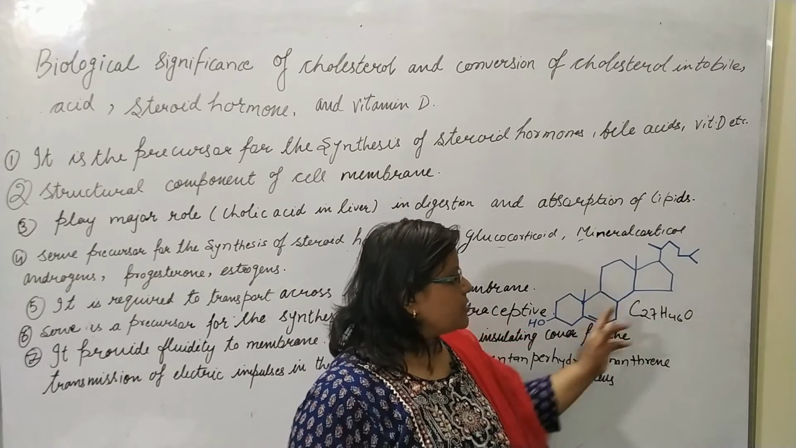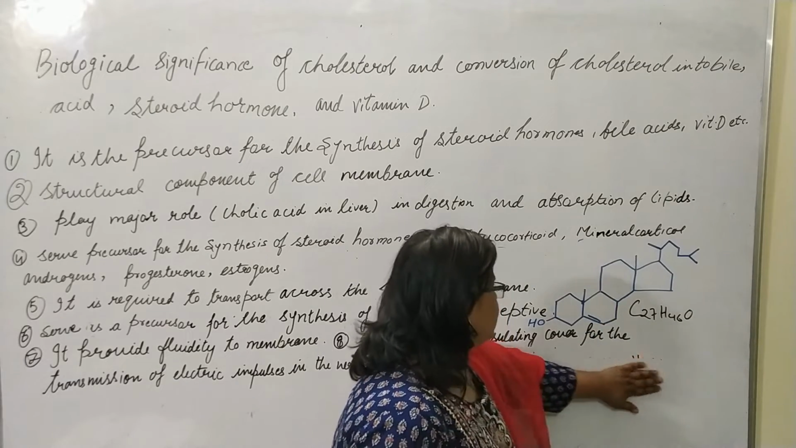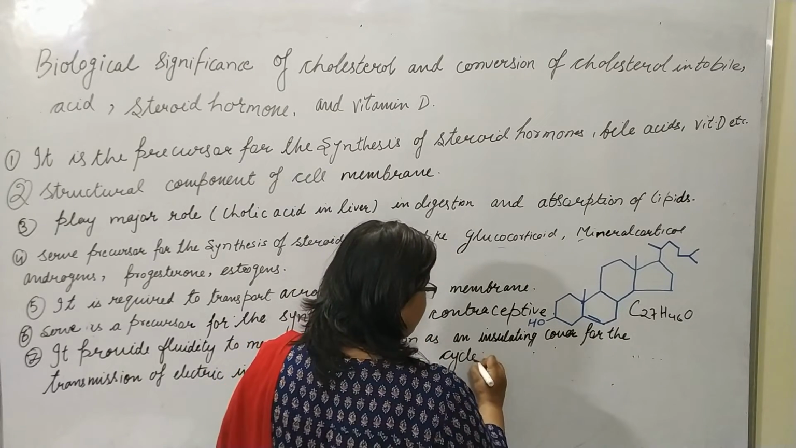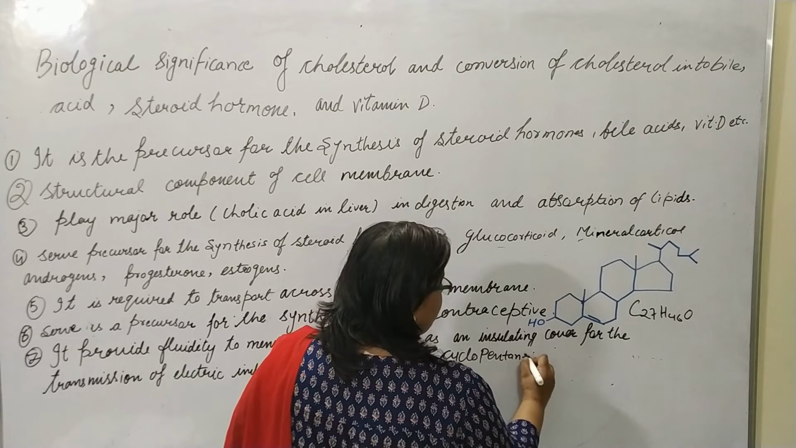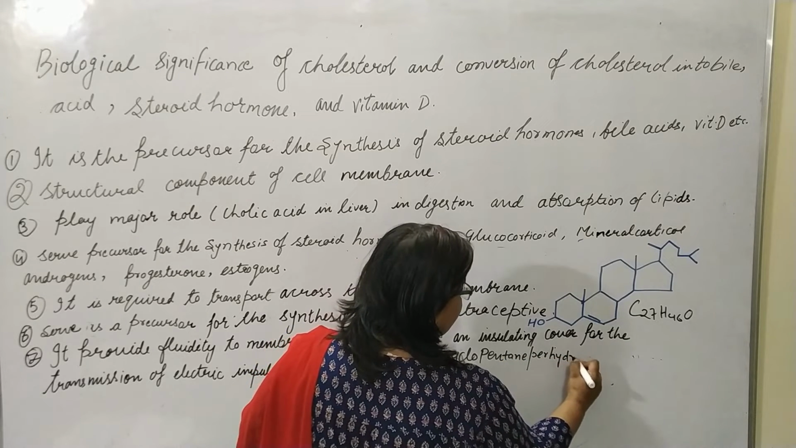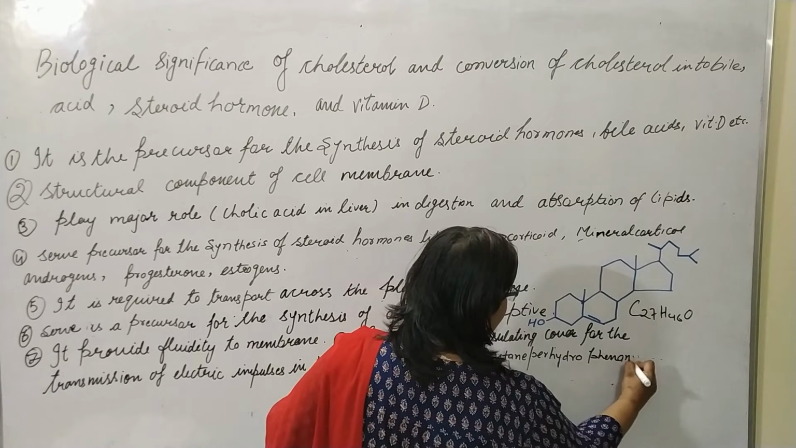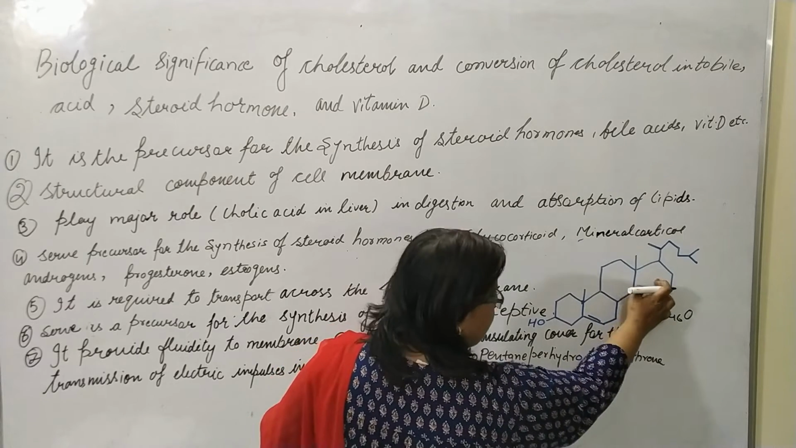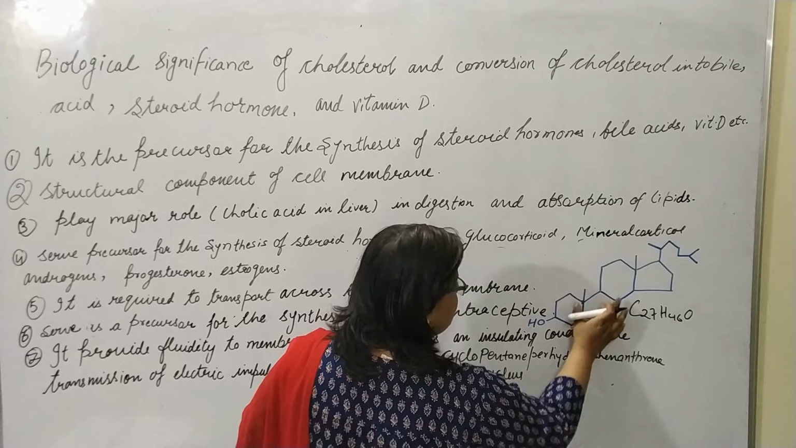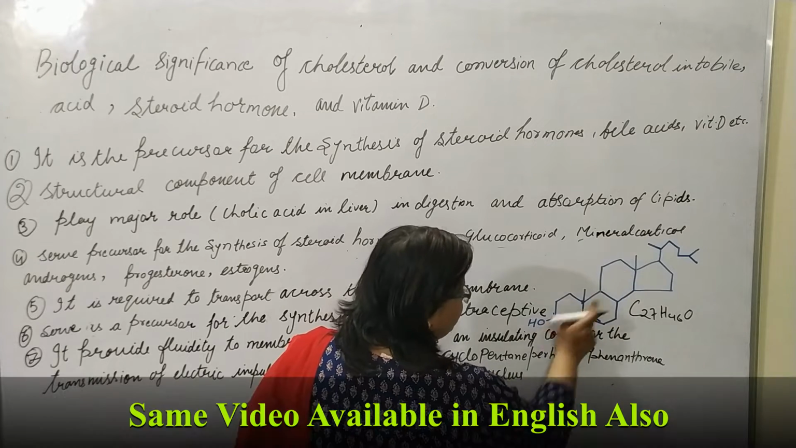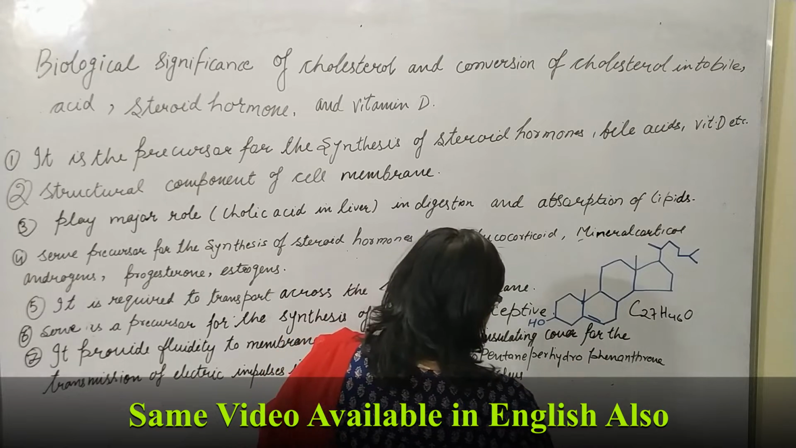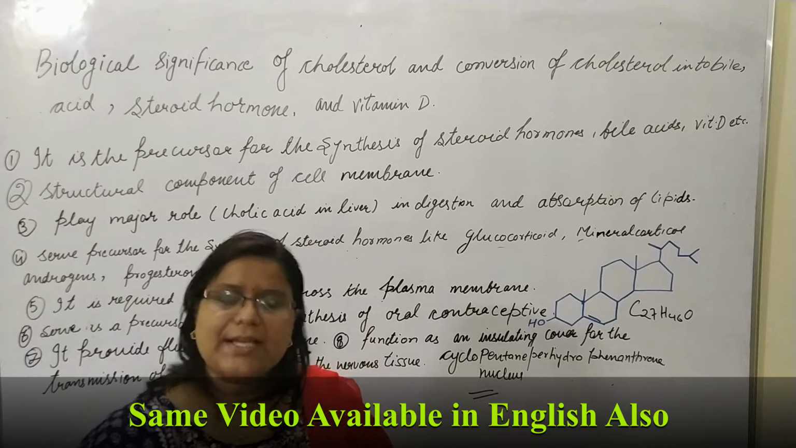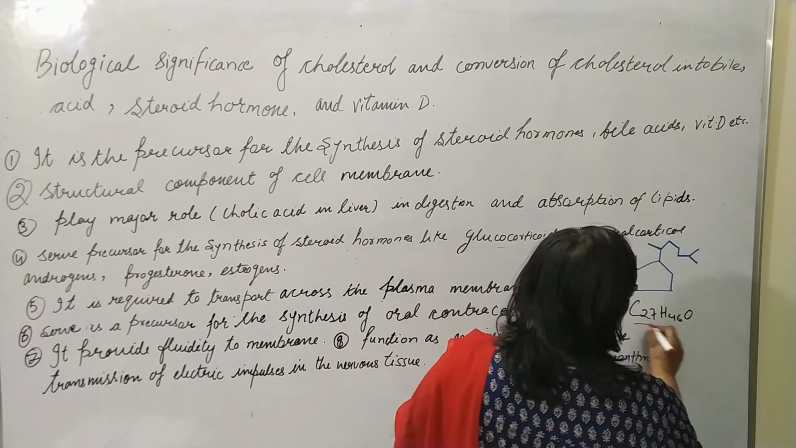The basic structure of cholesterol is like that, and its basic nucleus is the cyclopentane perhydrophenanthrene nucleus. Here the cyclopentane is the pentane ring, and this other ring is the perhydrophenanthrene nucleus. So the basic nucleus of cholesterol is the cyclopentane perhydrophenanthrene nucleus, and the molecular formula is